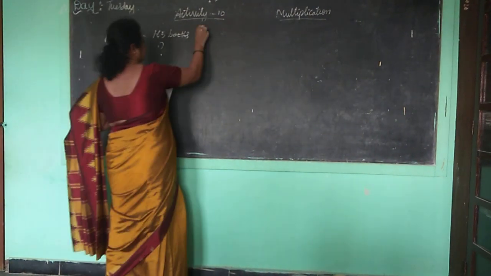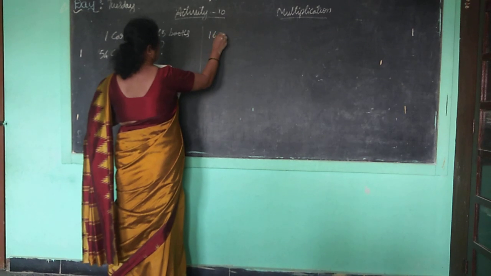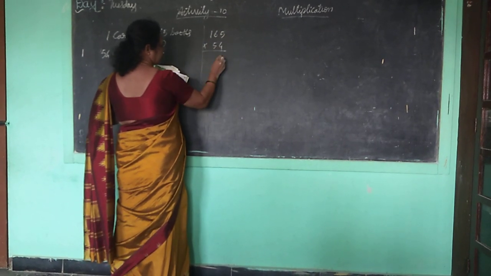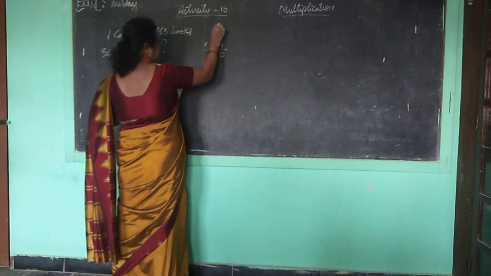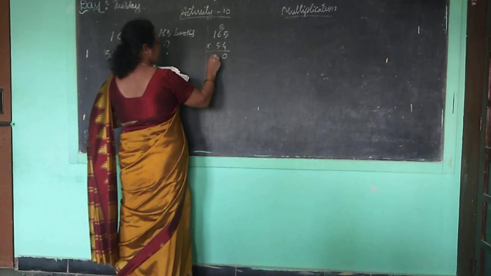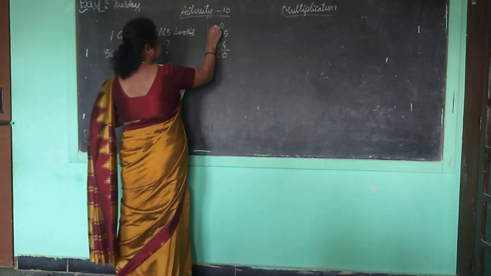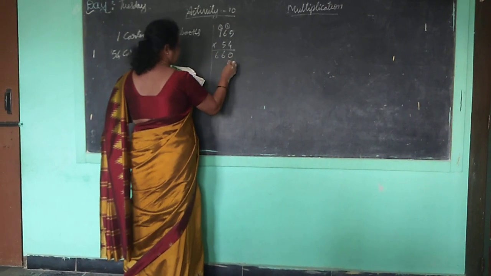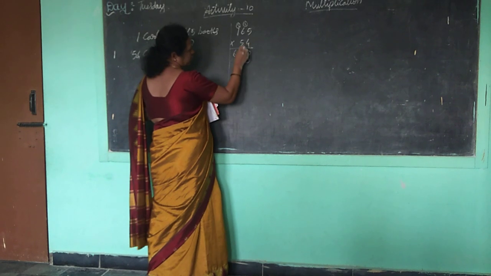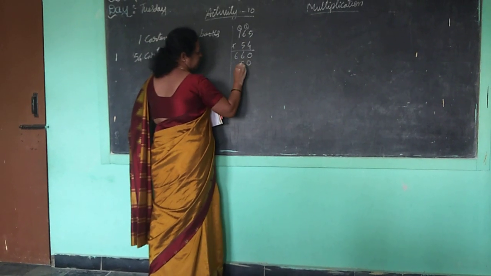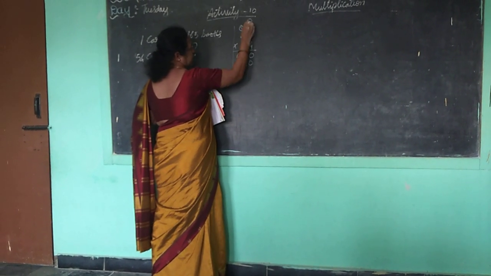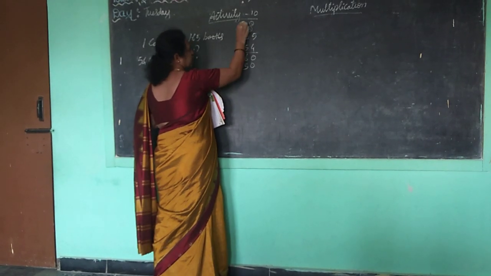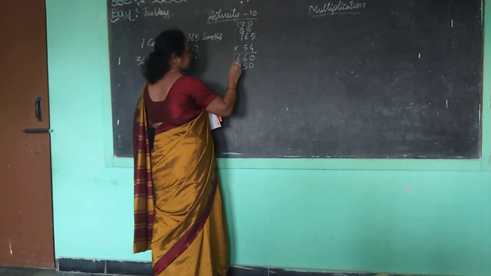So you can go for the working column and you can multiply. Okay. 4 5s are 20. 2 carry. 4 6s are 24 plus 2, 26. Right here 6, carry 2. 4 ones are 4 plus 2 is 6. Now 1's place is over. You can put 0. Now 10's place. 5 5s are 25. 2 carry. 5 6s are 30 plus 2, 32. 3 carry. 5 ones are 5 plus 3.